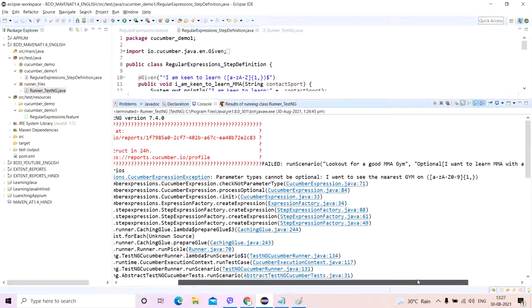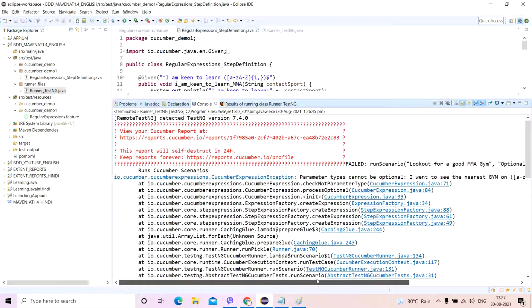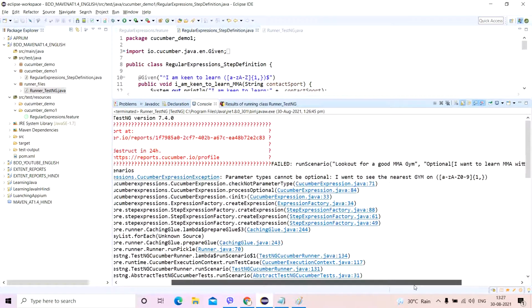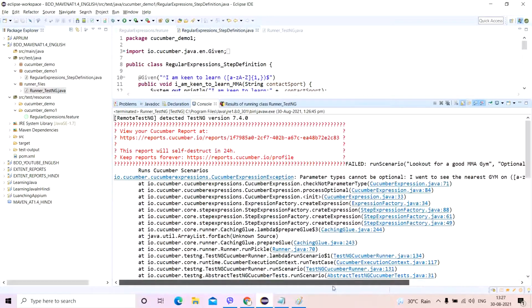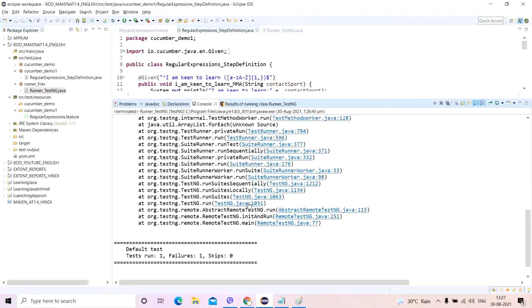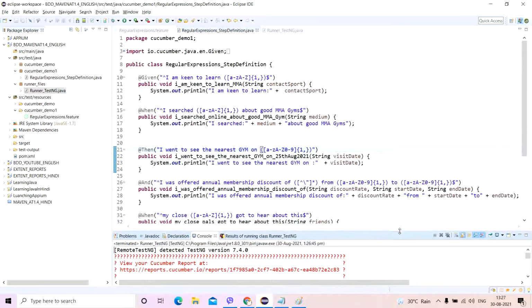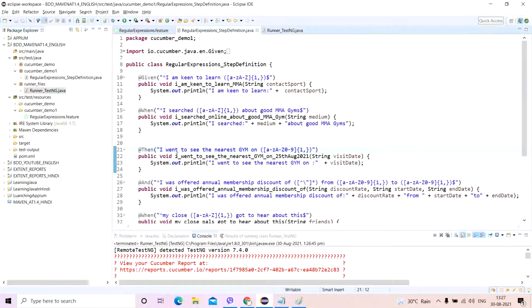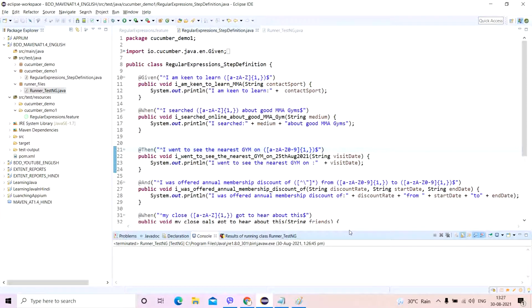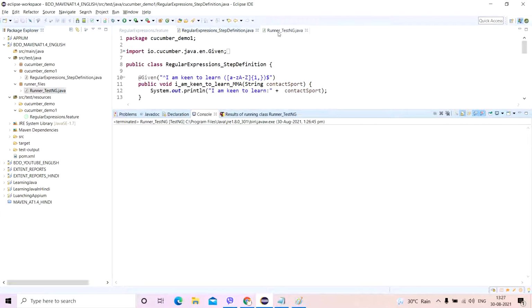Parameters cannot be optional. So this thing is actually failing. And now let us put back the beginning and the end of the statement. I'll clean it and let's run this runner file.